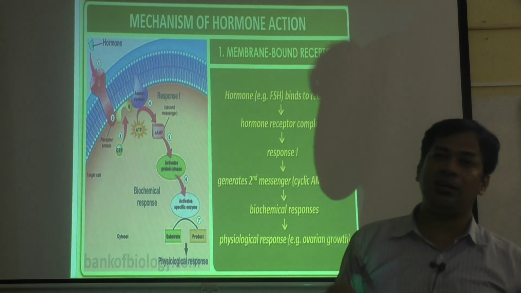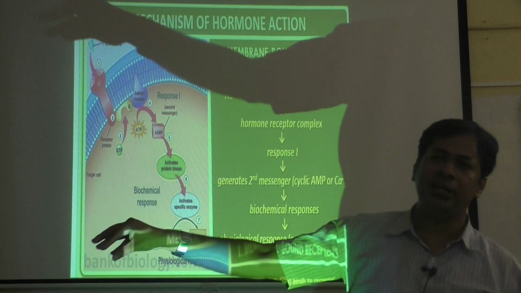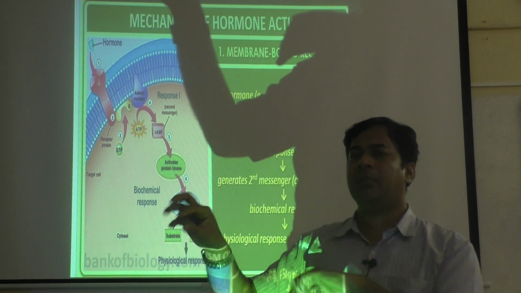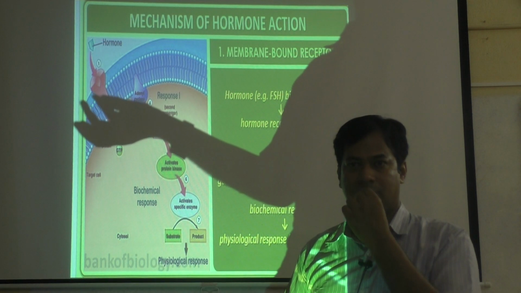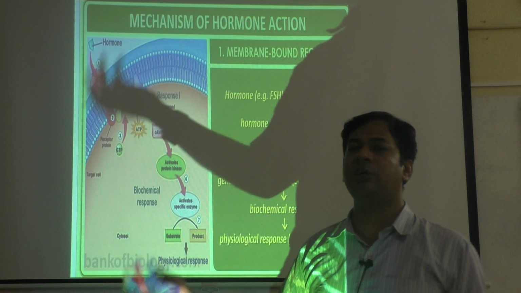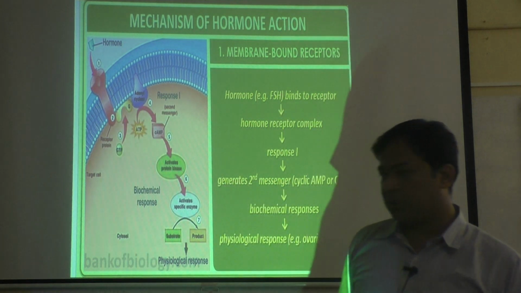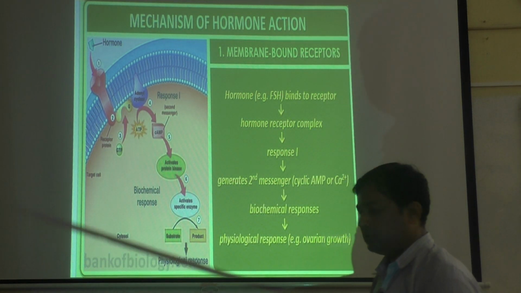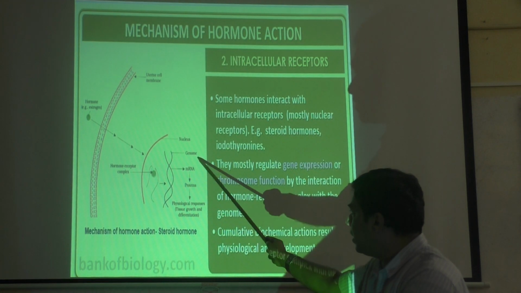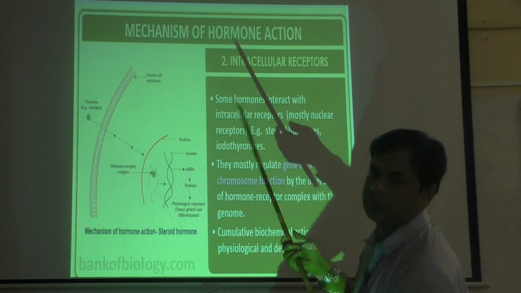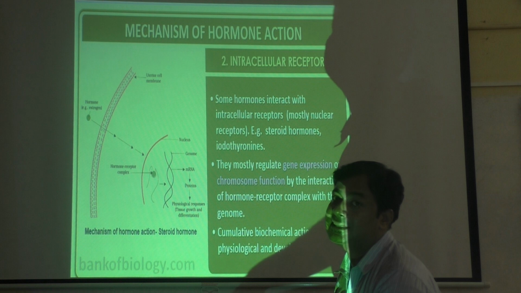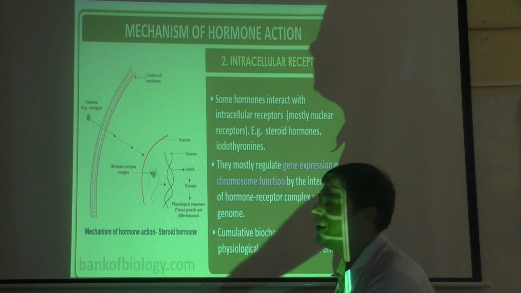If it is an intracellular receptor, the hormone directly goes into the cell, into the nucleus, binds to DNA, DNA produces mRNA, and mRNA produces protein. That protein produces the change, meaning the protein will do the function. You should know, next year you are going to learn the next step I told you: DNA producing mRNA is called transcription, and mRNA producing protein is called translation. Next year you are going to learn in detail.